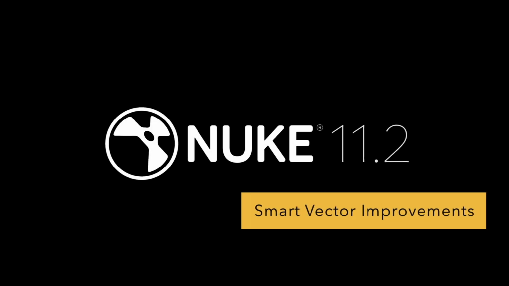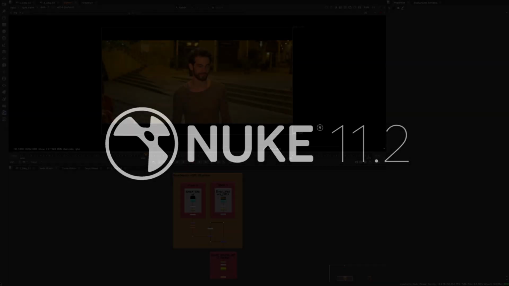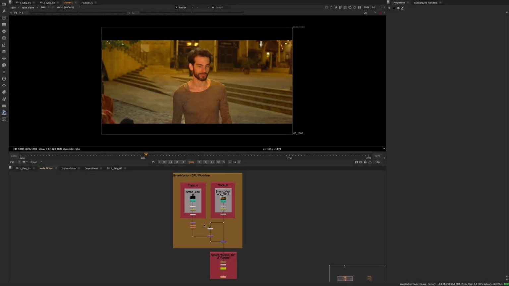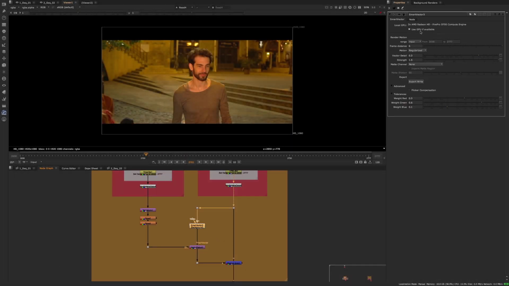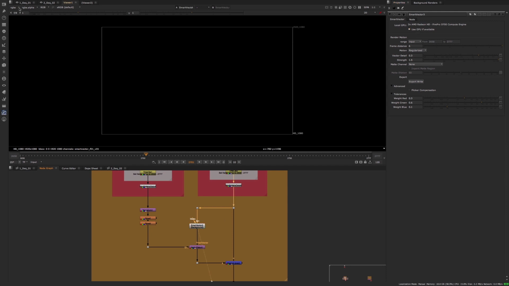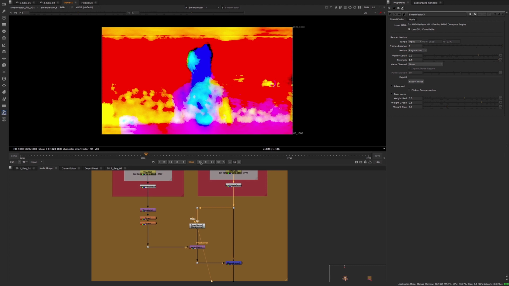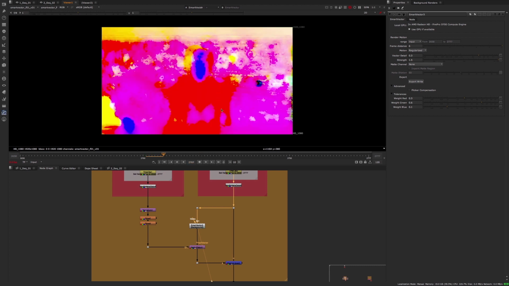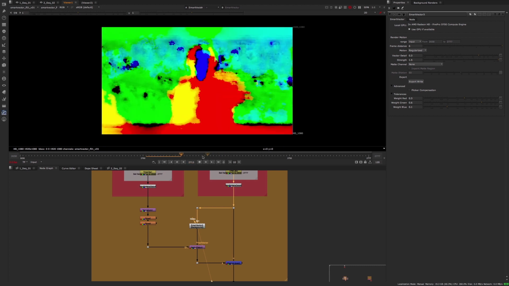Smart vectors have continued to be developed since their first implementation, and in this release we've improved the toolset further with a couple of great new feature additions. In earlier versions of smart vectors, you would need to pre-render the vectors in order to see your results, but with smart vectors in 11.2, you can now utilize the power of your GPU to view a live output of